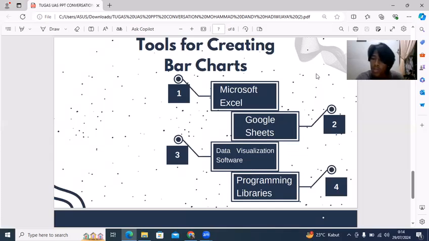Tools like Tableau, Power BI, or Google Data Studio. And last, programming libraries. Programming libraries such as Matplotlib for Python, D3.js for JavaScript, or ggplot2 are